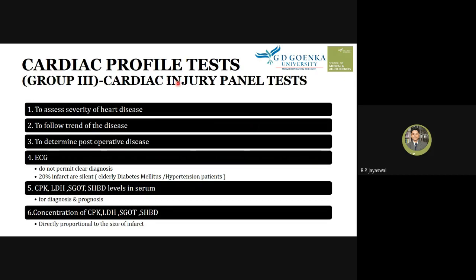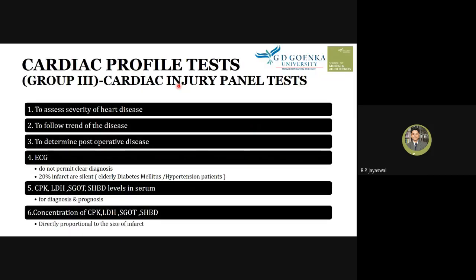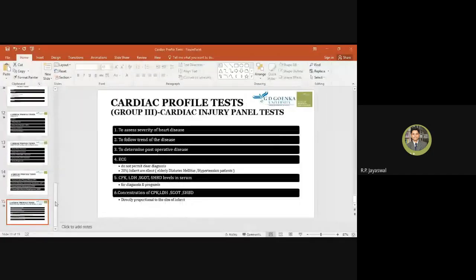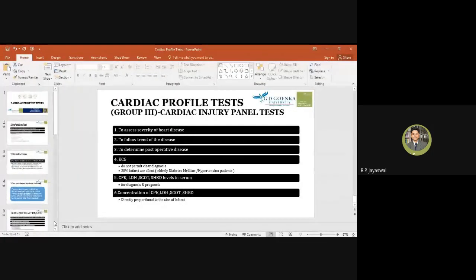So this is what we have understood today. We have come to the end of the slide. We have studied cardiac profile tests, the different types, which are group 1, group 2, and group 3. We studied the ischemic heart disease, and how this ischemic heart disease takes place. Now let's come to the questions and discussion,